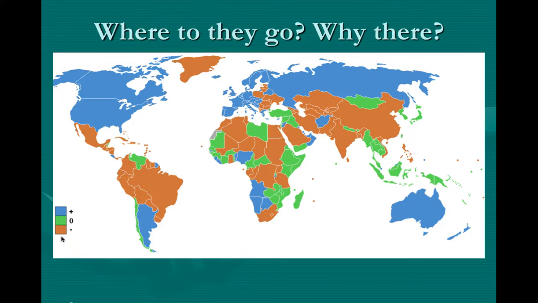So this is just a kind of a visual. Anything in blue is a positive migration, so people going into a country. Anything negative is where people are leaving. Green would be a neutral. So you see a lot of people are fleeing from these Asian countries, either going north or into Western Europe. A lot of people in Eastern Europe are going into Western Europe. People from Latin America fleeing into North America.